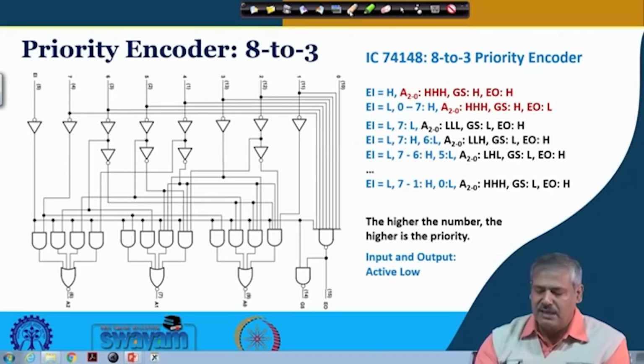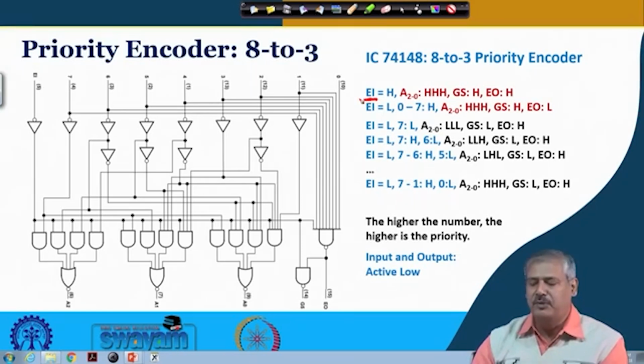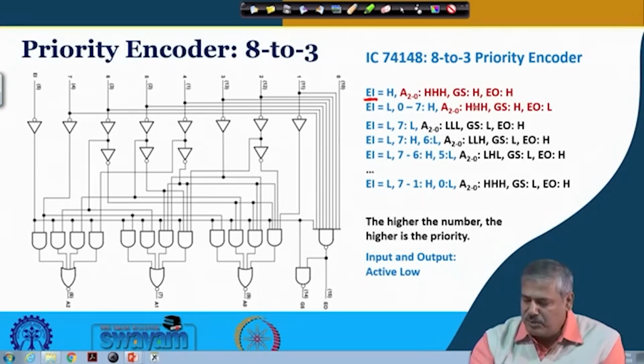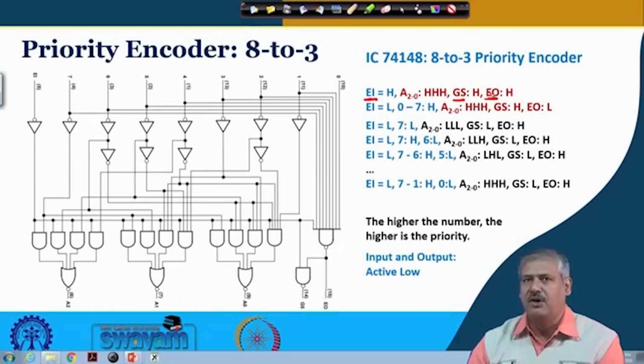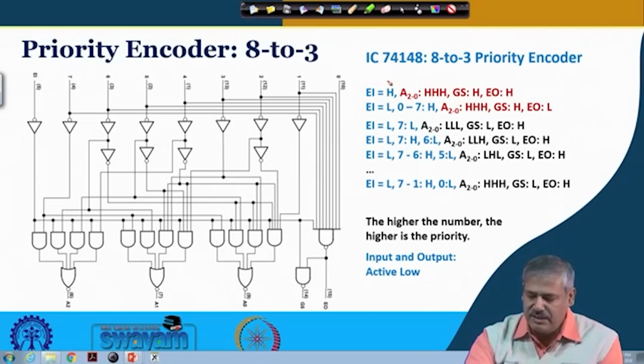So, here other than the basic circuit, you have got one enable input, and two outputs. This is group select, and this is enable output, right. So, what you can see, when this enable input is high,